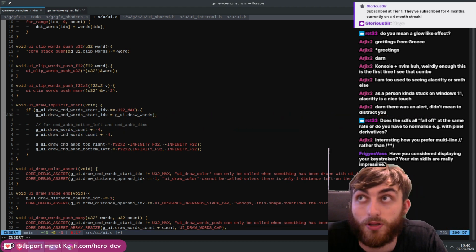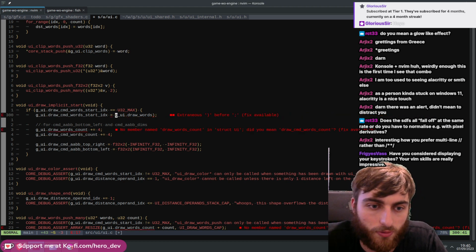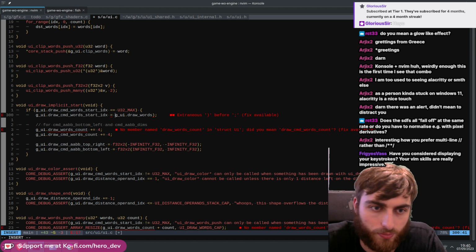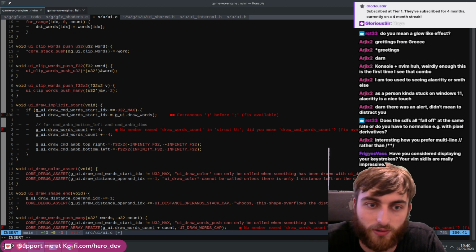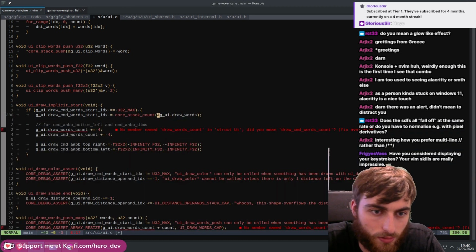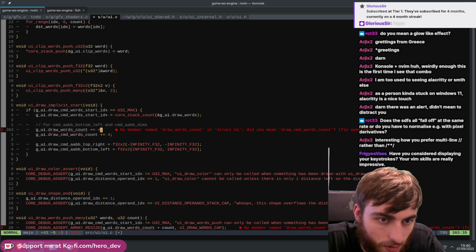So this is when we start a new draw. So when we push a shape on, we check to see if we use one of those UI draw shape, it will use this implicit start to see, do we even need to start, do we need to start a new draw, basically. So core stack count on there. For AABB,